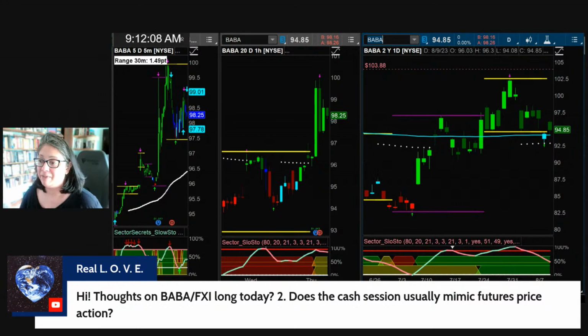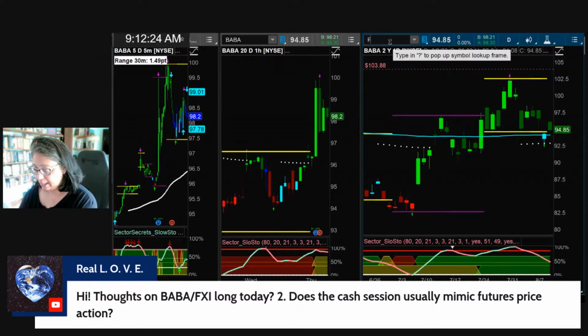And that signal fired off on 8-8, okay, reel. And then on 8-9 yesterday, on Wednesday, we actually completed the pattern's entry trigger. As far as FXI,